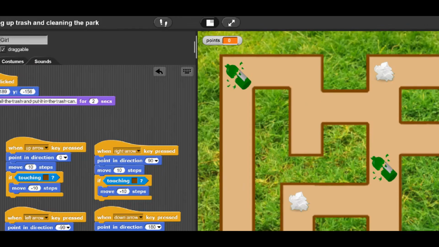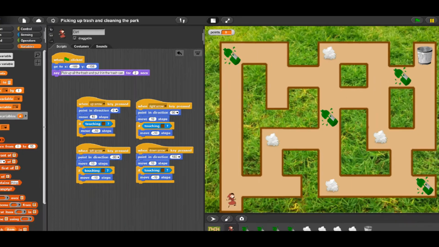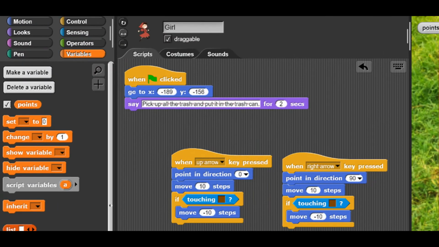At the beginning of the game, the value of the variable has to be 0, since there is no trash picked up. Under the code from step 1, the student adds a block set to 0. By clicking on the drop-down menu, they choose the appropriate variable, which is points.